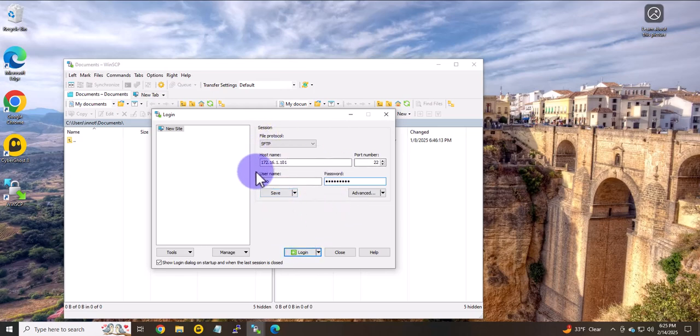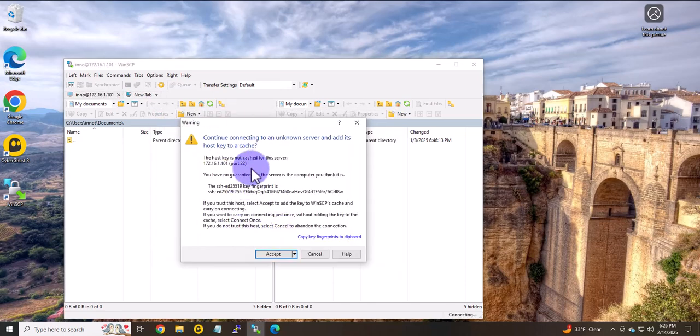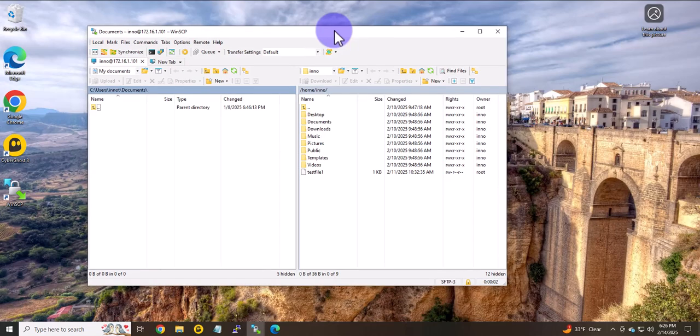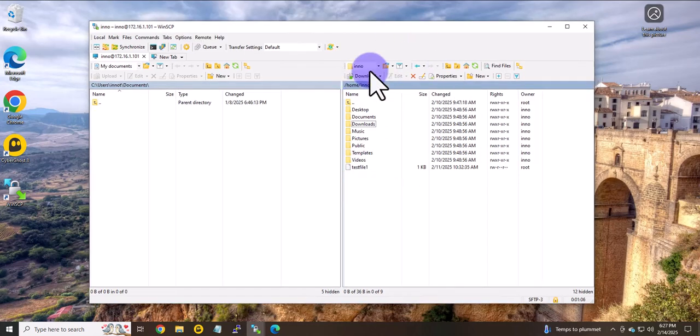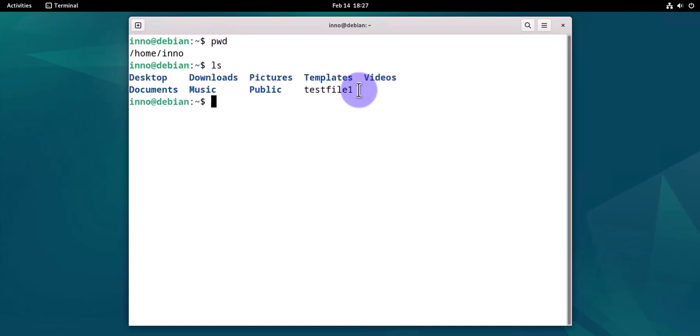You can save this connection, or you can just click login. If it's the first time, it's going to ask you if you trust the device. Accept, and we are connected to it, and we have two windows here. One is going to show you the files on this device, the Windows 10 device, and the other one is going to show you the files on the Debian machine. So this is the Debian machine. There's a file called test file. If we go to the Debian machine here and I do pwd, if I do ls, there's this file, test file,